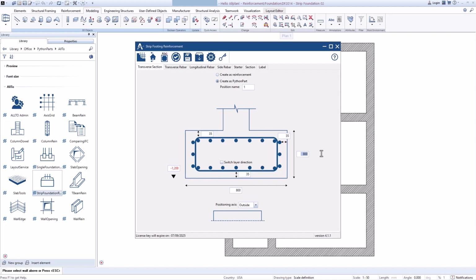Okay, now let's define some parameters for the rebars. Concrete cover will be 50 mm for side, bottom, and top. We have ability to switch layer between longitudinal rebars and transverse rebars if needed. And for the positioning axis, this will define where the Python part will be placed. Outside is good for me,